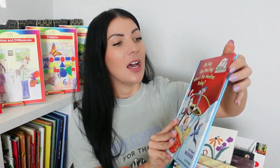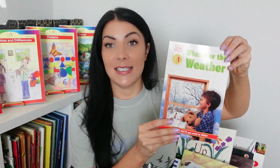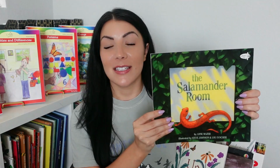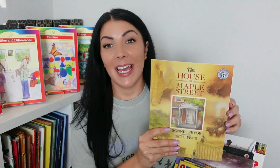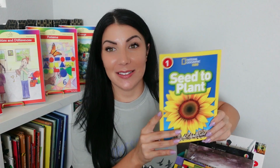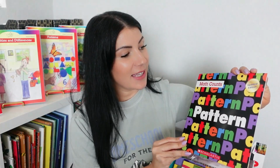On the Town, a Dr. Seuss Oh Say Can You See What the Weather's Today, a DK What the Weather, Guide to Knowing Animal Habitats, Me on the Map, The Salamander Room, Up in the Garden, Down in the Dirt, The House on Maple Street, National Geographic Seeds to Plants, Read Aloud Science Push and Pull, Changes Happen All Around You, Math Counts Patterns, Busy